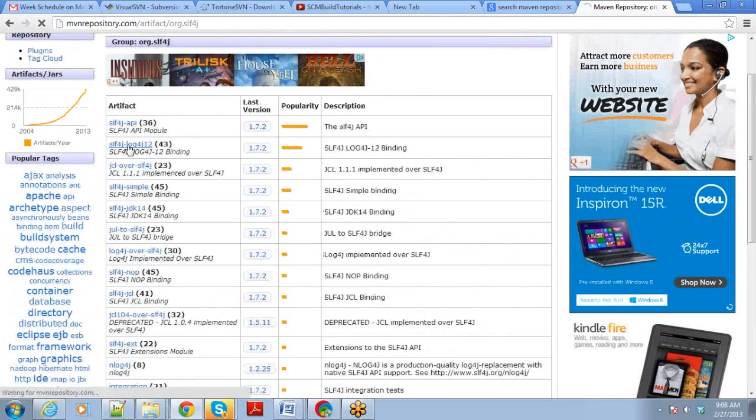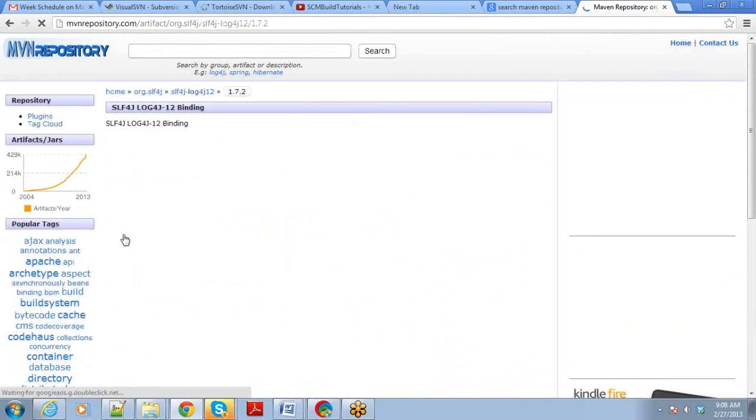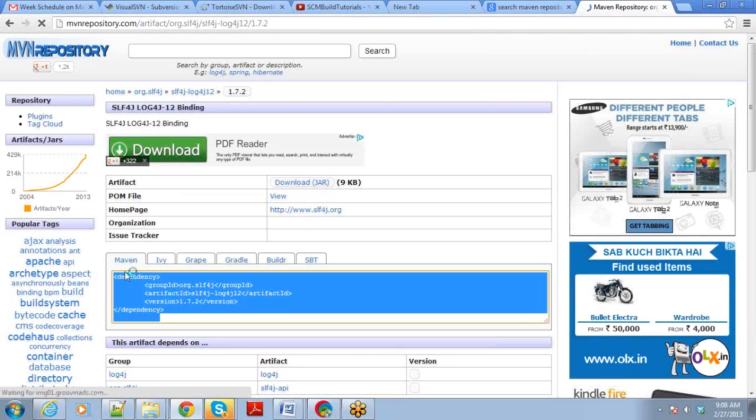I will pick up SLF4J log. Here I have a lot of versions. Let me pick any of the versions. Here you will see that I have a Maven dependency given. I will just take that Maven dependency and go to my pom.xml